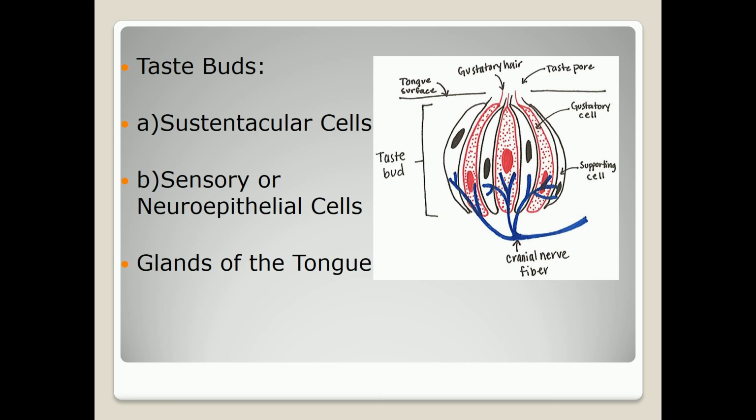A group of serous glands located in the region of the circumvallate papillae is called the glands of von Ebner, which open into the vallate papillae. And the mucous glands of the root of the tongue are mostly numerous. Their ducts open into the crypts of the lingual tonsils. Now this is about the tongue part.